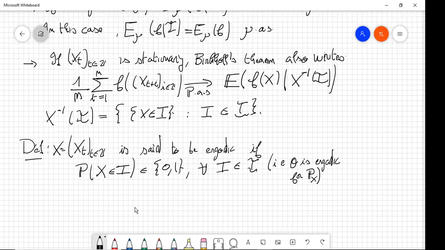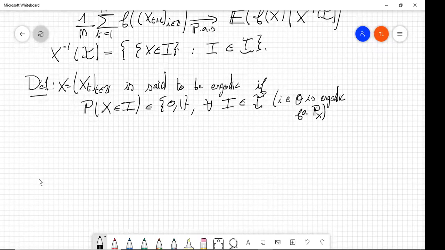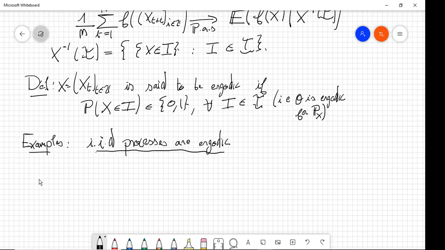Okay, so now let us give some examples of ergodic processes. The first one concerns IID processes, that is, all the variables are independent and have the same distribution. So they are automatically ergodic. It is possible to show this quite easily. So let I be an event in the invariant sigma field,